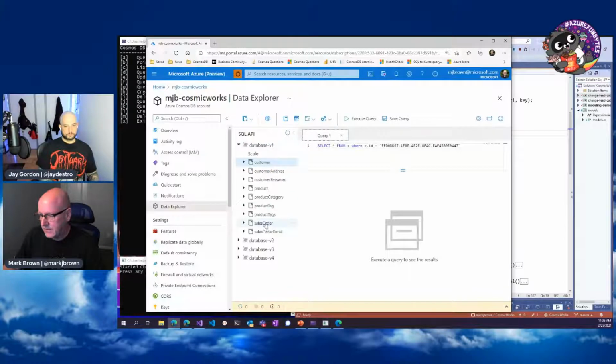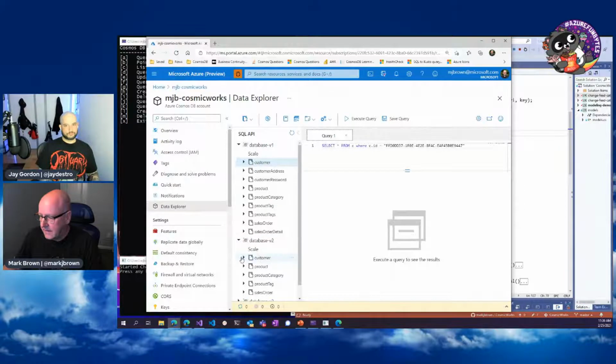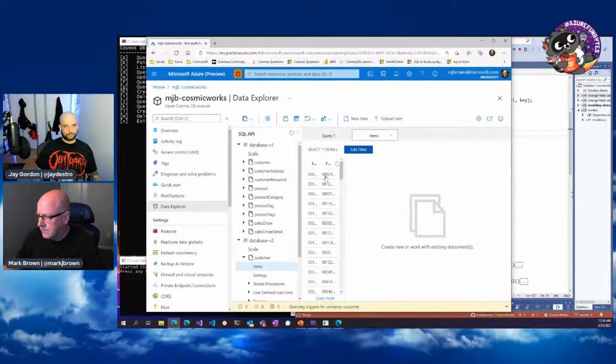So this here is basically straight up entities, right? I just took the tables and imported them. And then I go through successive iterations. You can see I've got fewer and fewer items here because, like for customer, I have a customer address and customer password. I can actually embed all that into a single customer document, if you will.